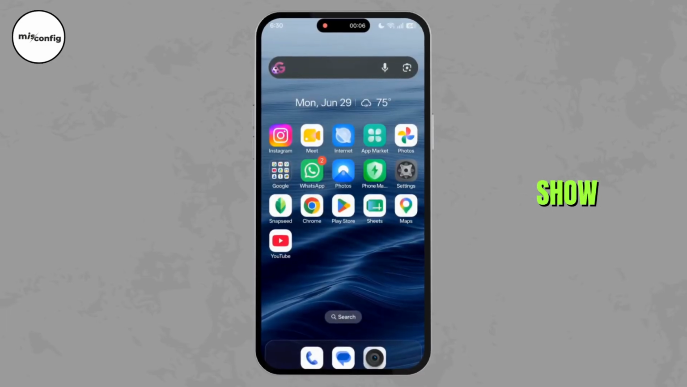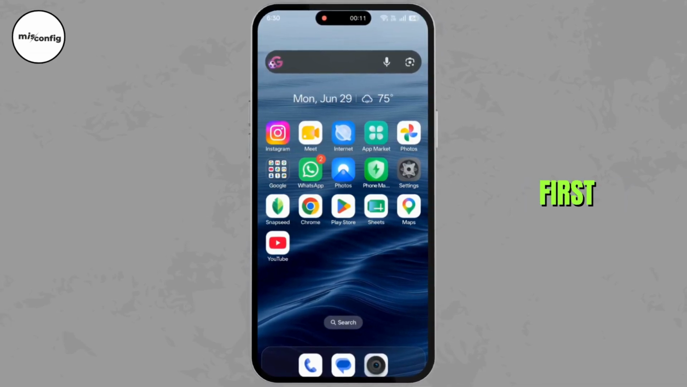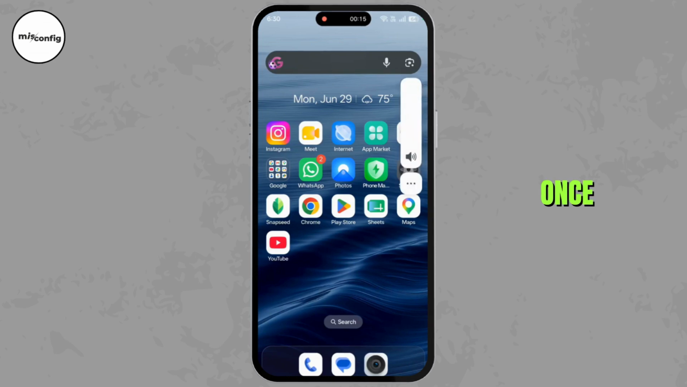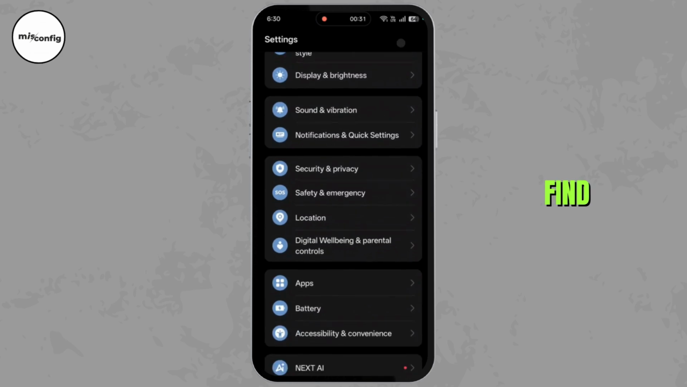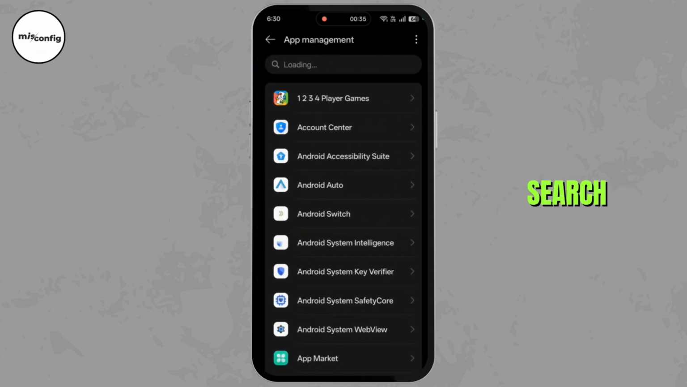In this video, I will show you how to fix Snapchat video sound not working problem. First of all, make sure that your volume is turned up. Once you're sure of that, go to settings. Scroll down until you find apps, click on it, then go to app management, then search for Snapchat, click on